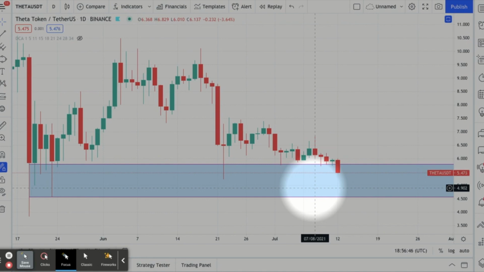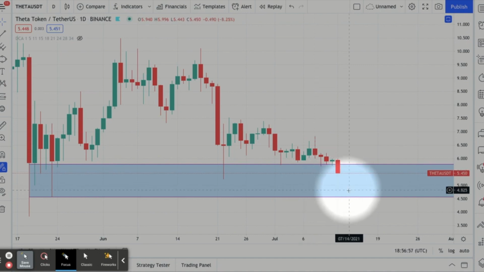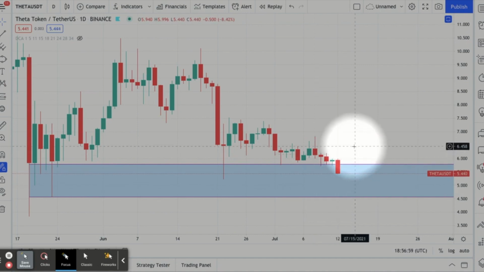The fees are 0.05%, so you're looking at very, very cheap trades. And what you can do is you can set a bottom price and a top price, and you can let the bot actually trade in that